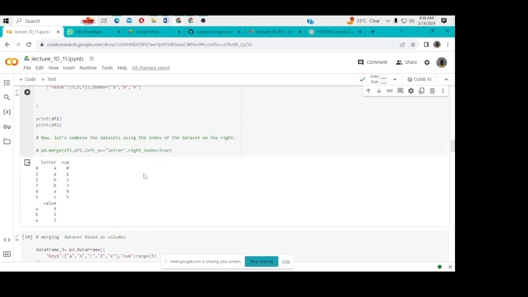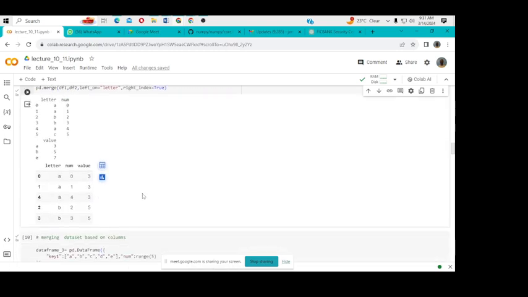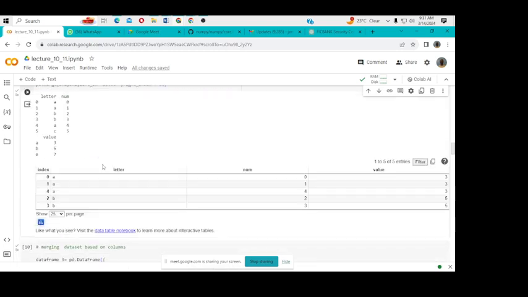So let us just try to combine the data set using the index of the data set on the right. So we can just uncomment these, whereby now we just pass in our data frame 1, data frame 2, and then where do we want to join that? That is on the left letter, and on the right we should have index. We are setting it to true. So if you happen to run these, I think you should be able to see these